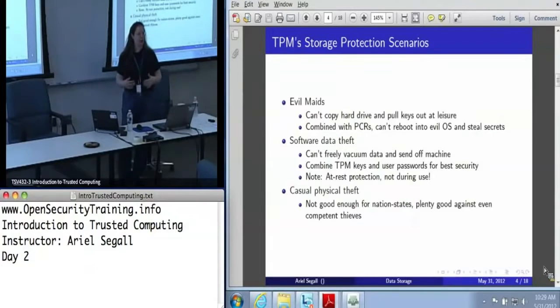And the more you're willing to say things like, all of my key use operations happen in Flicker. It's part of the reason for Flicker, so that you can say, Thunderbird doesn't sign my mail. Thunderbird starts a little Flicker add-on where it hands it a message and a key identity. And we go into secure mode, and Flicker would unlock your little key store and use that key to sign that mail. Now you know nothing else on the machine was stealing that key while it was in use, because